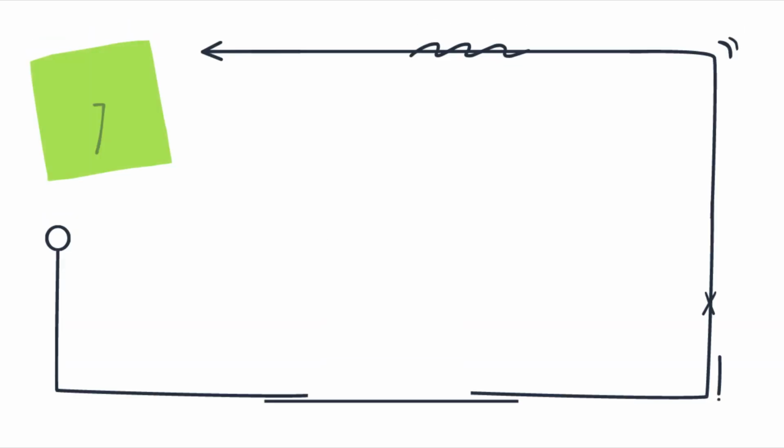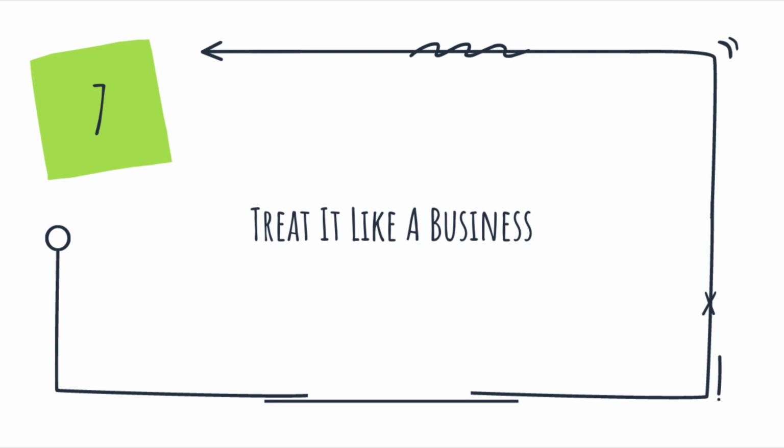Then number 7, treat this like a business. Treat it like a business from the word go. It is not a get rich quick scheme. As you can see, there are lots of things for you to learn. You need to learn how to do the research, how to find the niches, how to actually create the books, where to find all your images or your fonts, or understand trademark and copyright. And once you've got that, you're still learning, because you may want to learn other skills.